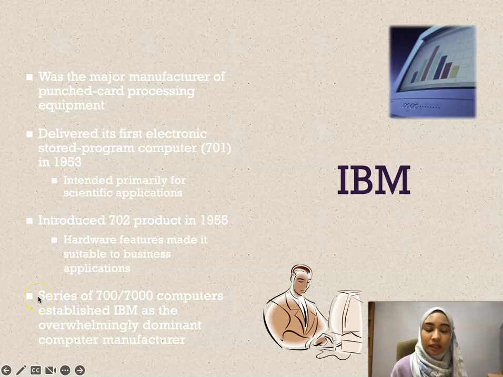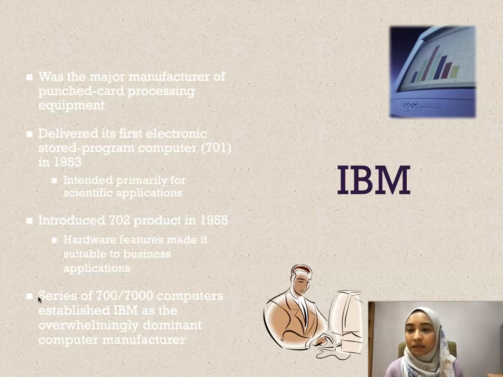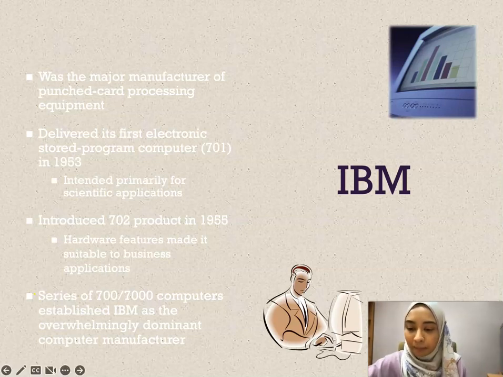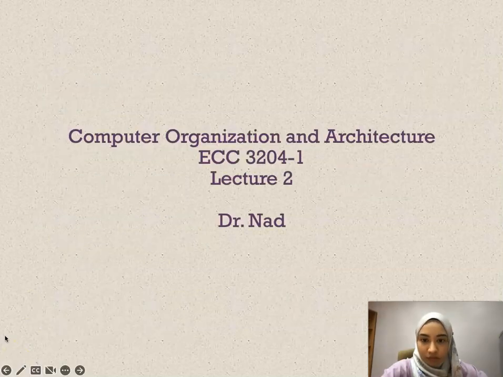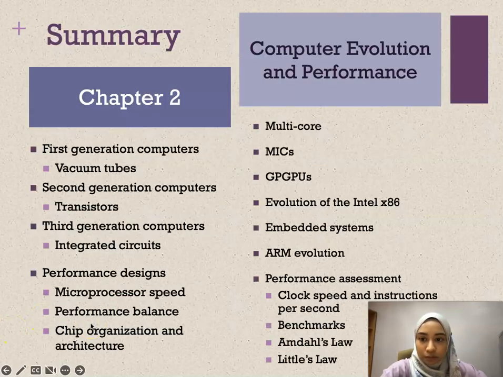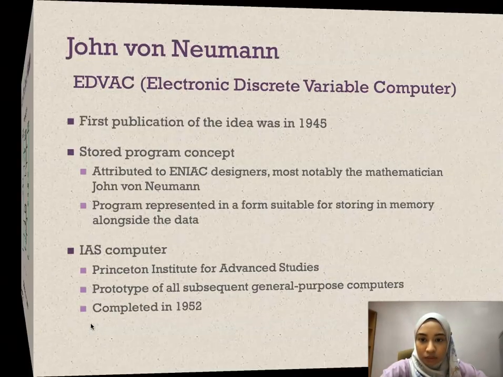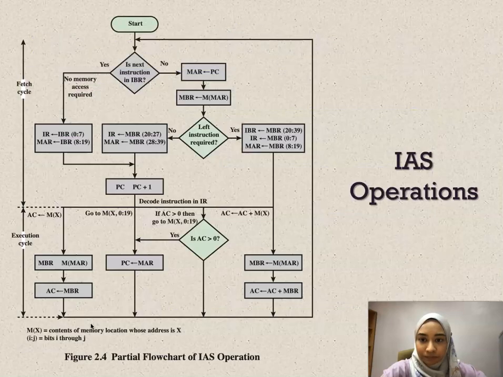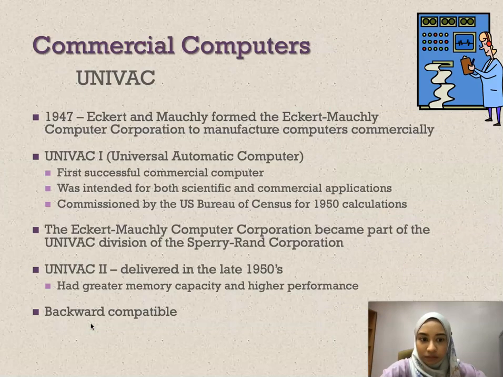So later on, after Eckert and Mauchly launched their UNIVAC, IBM came as the major manufacturer of punch card processing equipment. How does that work? Why is my writing in white? Let me edit that for a bit. Okie dokie. Let's go back to our